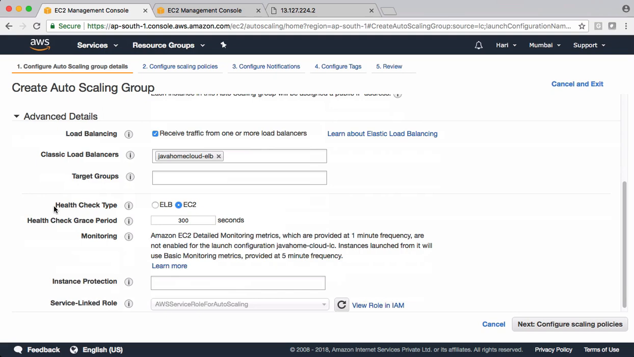So health checks are again very important in auto scaling group as well, because if any instance is unhealthy, auto scaling will terminate that instance and it replaces that instance with a brand new instance using that launch configuration. So health check type, we have a couple of options. When you say EC2, it will check directly the health of EC2, if the EC2 is up and running,